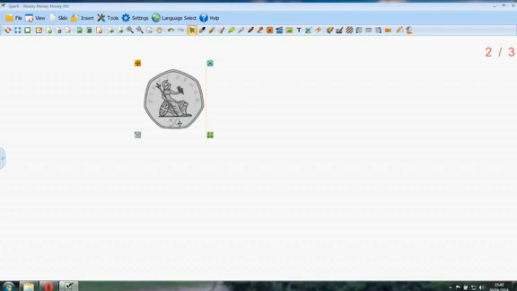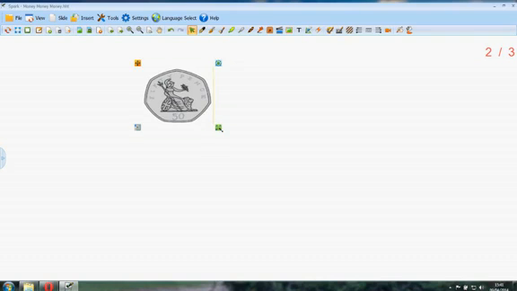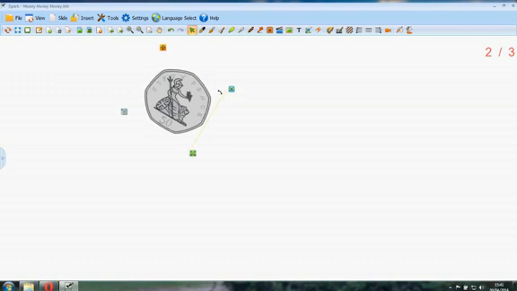Just a reminder, when you have an image, if I click out of it, you can see I've lost the toggles. If I click in the image, I get 4 toggles. The bottom right is for resizing. If I hold my mouse on there, I can drag that around, make it smaller, change the shape. That's simple enough. The top right toggle is for rotating. Top left, one of these orange squares,